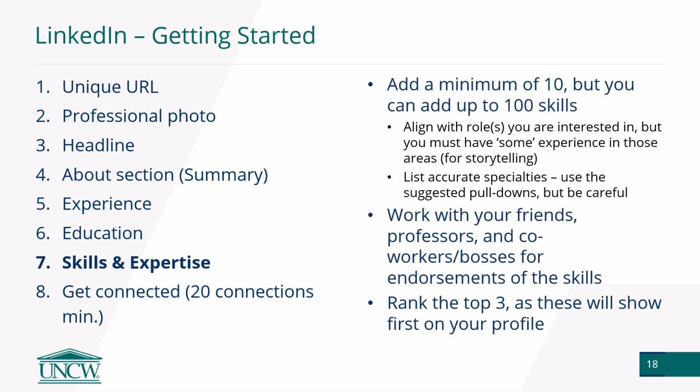When we talk about skills, this is really going to be talking mostly about hard skills, but also some soft skills are in here as well. The requirement for the assignment is that you add 10, but you can add, believe it or not, up to 100. And you can sprinkle them in through the different sections as well, although the master list will still be 100. The skills that you use in education, experience, and in the about section are going to be a subset of the master list of this 10 to 100 that you're required to have.